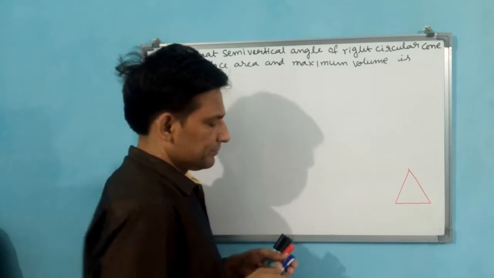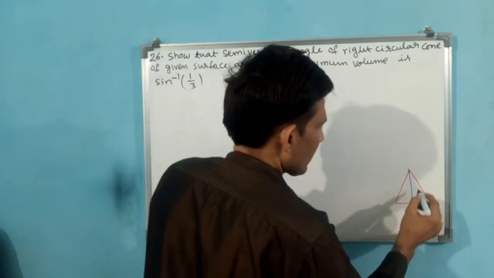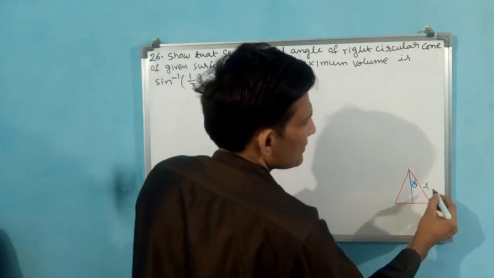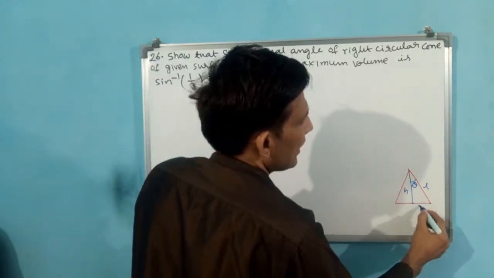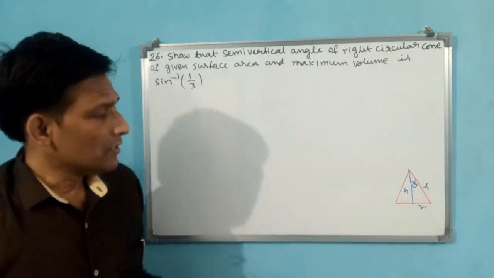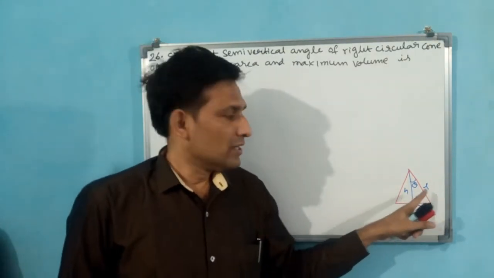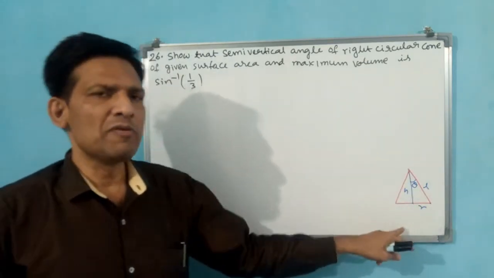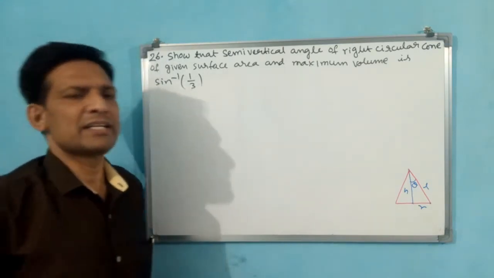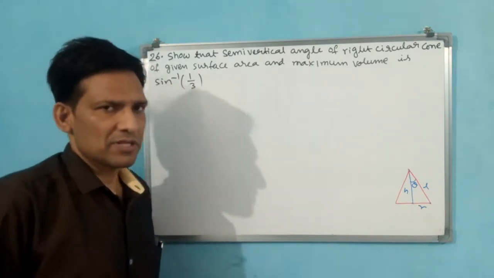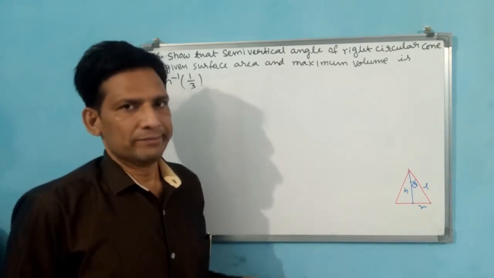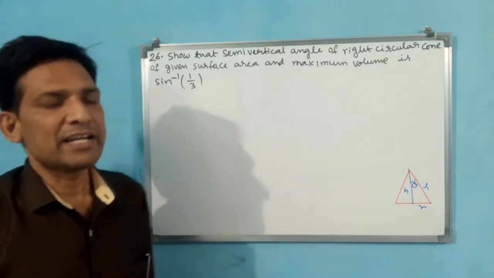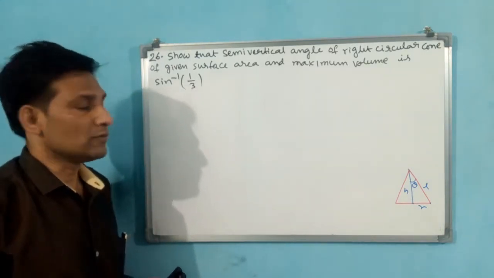This is the cone. This is the theta, the semi-vertical angle. Okay, see, this is slant height, this is h, this is r, this we know. Earlier, based on slant height we did it, and theta came tan inverse root 2. For maximum volume, we take the volume and maximize it, means first derivative, and if possible the second derivative. Based on l we did it in the last class. That came tan inverse root 2, I think.